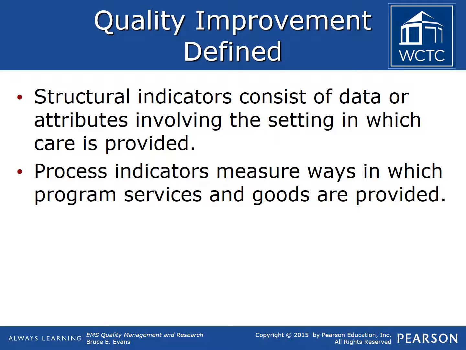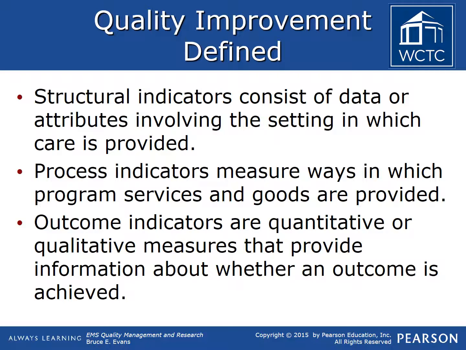The inputs from process measures are usually easy to interpret and act on, yet increasing complexity in processes given increased clinical sophistication of the medical services provided in the pre-hospital setting can make such measures difficult to use. An example of a process indicator would be the evaluation of the performance of any EMS skill in compliance with an established procedure or protocol. A medical director can evaluate process indicators by running a provider through a controlled evaluation in a simulation lab or in reviewing patient care report documentation for process compliance.